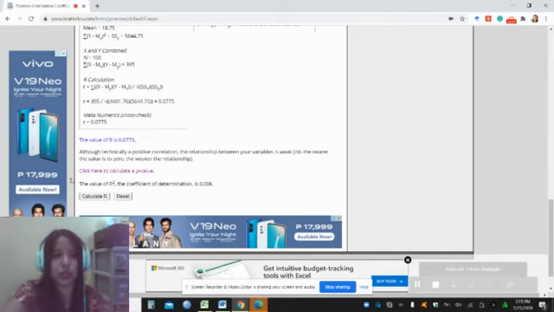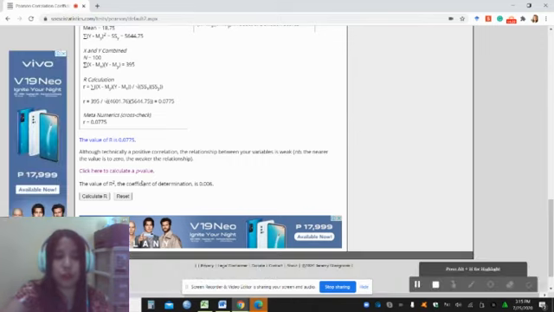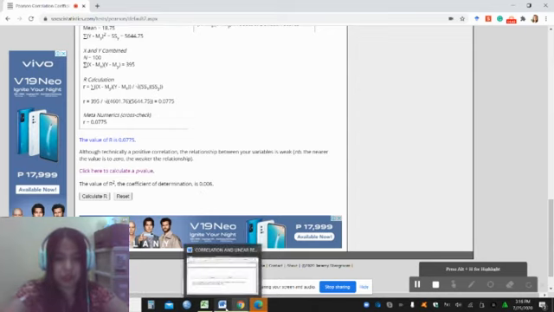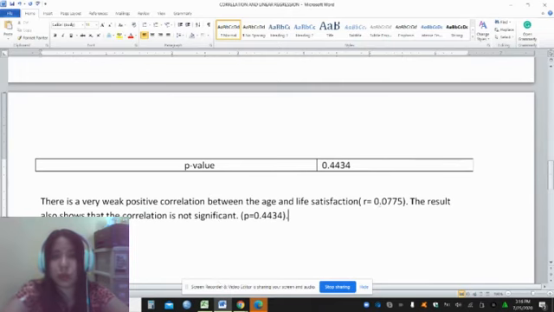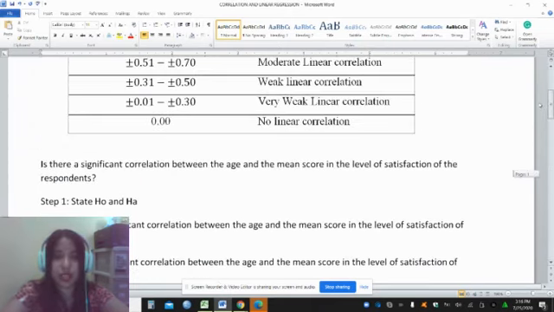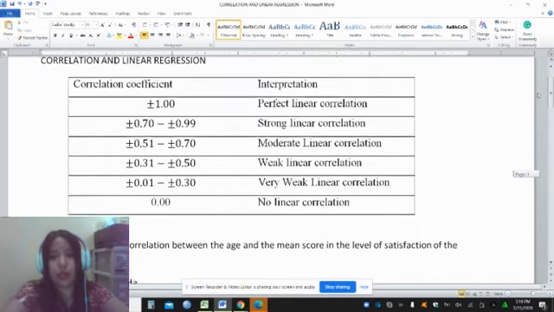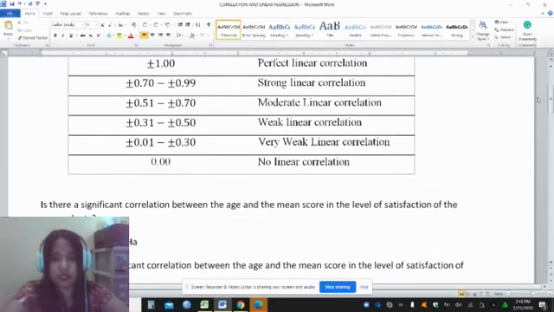And so it came out that the value of R is 0.0775. It also includes here an initial analysis saying that although technically a positive correlation, the relationship between your variables is weak. If you want to compute R squared, you can just get the square of the value of R, and that is 0.006. For further tests that you might want to consider, you might want to check if age influences the level of satisfaction. However, since there is a very weak correlation